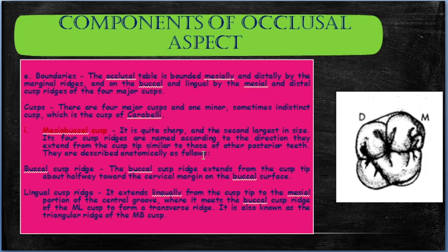Now when we talk about the cusps, the different outlines are the buccal marginal ridge, the mesial marginal ridge, the distal marginal ridge and a lingual marginal ridge. Such ridges you will see in all the important cusps. So again, the mesiobuccal cusp will have all the four, as I told you, the buccal, lingual, mesial and distal marginal ridges, plus there will be